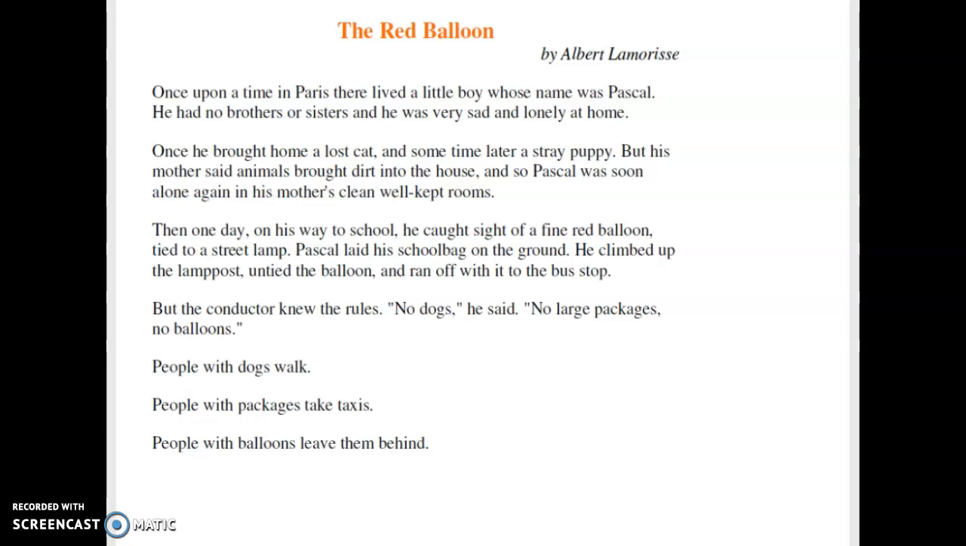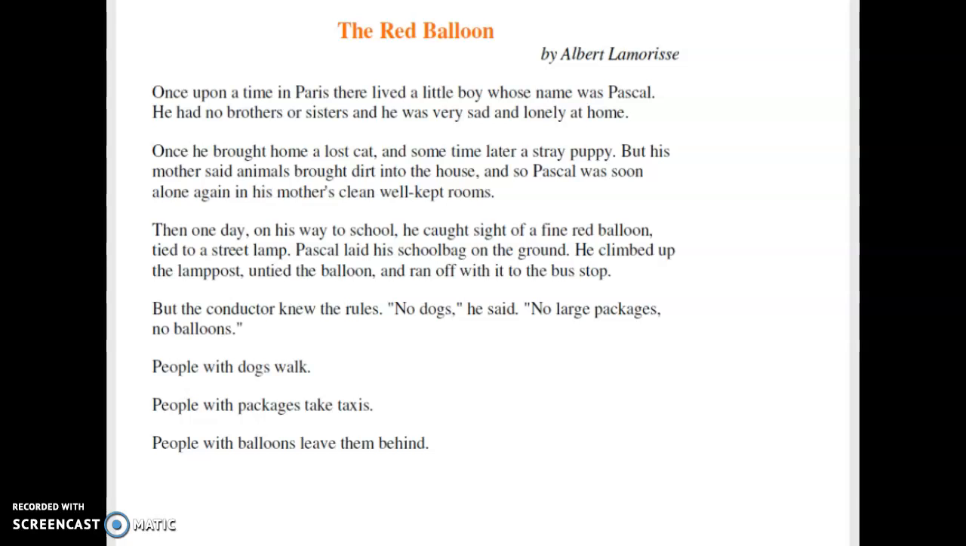The Red Balloon. Once upon a time in Paris, there lived a boy whose name was Pascal. He had no brothers or sisters, and he was very sad and lonely at home. Once he brought home a lost cat, and sometime later a stray puppy. But his mother said animals brought dirt into the house, so Pascal was soon alone again in his mother's clean, well-kept rooms. Then one day, on his way to school, he caught sight of a fine red balloon tied to